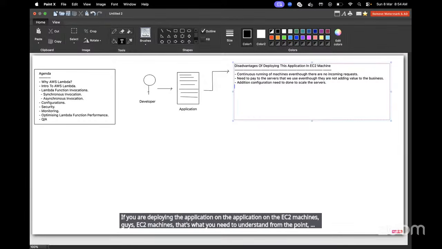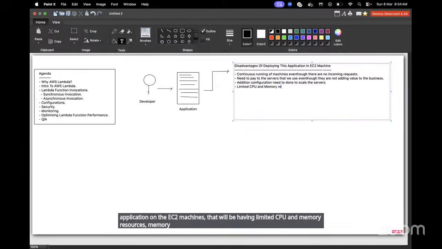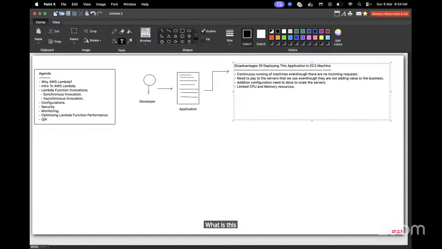The next point is limited CPU and memory resources. If you deployed an application on EC2 machines, it will have limited CPU and memory resources. What is this limited CPU and memory resources, guys? I'll be talking about that. Limited CPU and memory resources means, see,